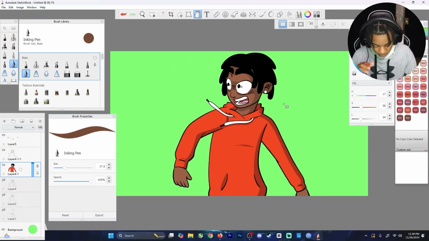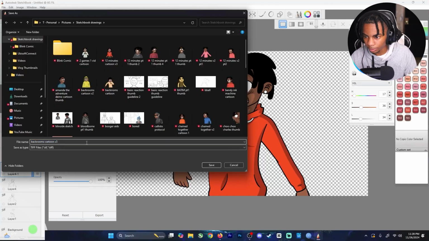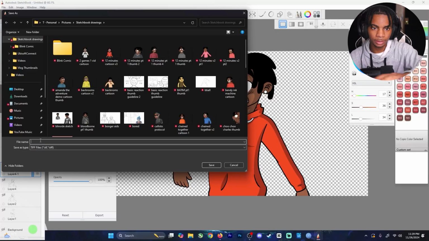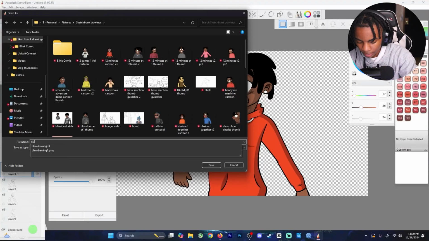So now I think I got the finishing touches on my cartoon, so I'm going to get rid of the background and then save it as a PNG file. But first, before I save it as a PNG file, I want to save it as a TIFF file. The TIFF file is basically the one with the layers, the one that you can open in here. So I'm going to name it clap